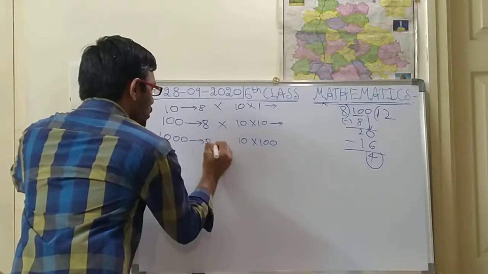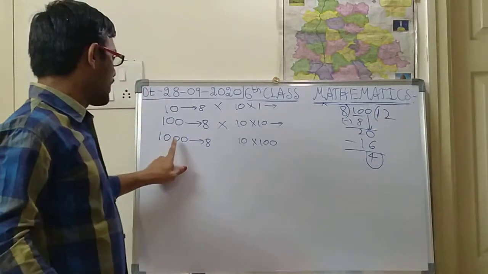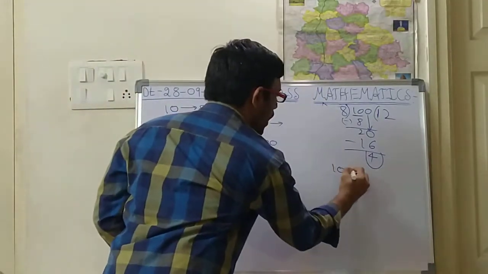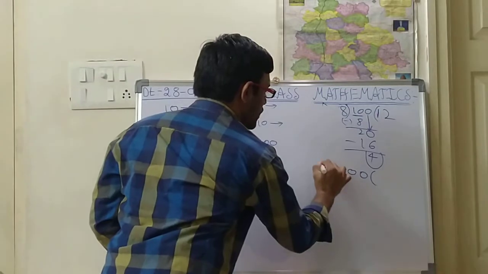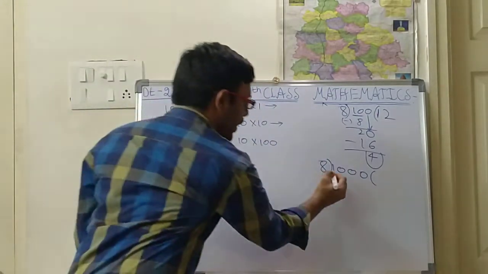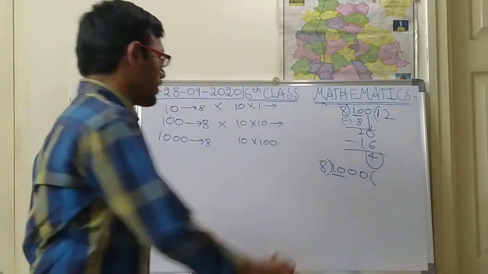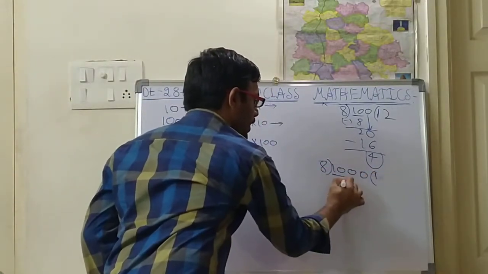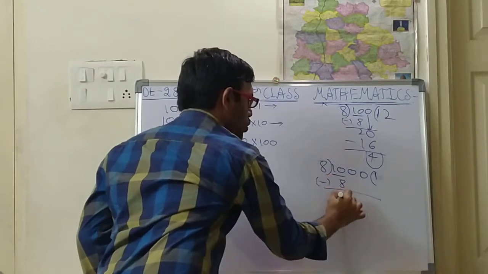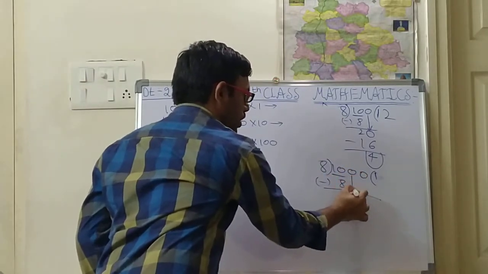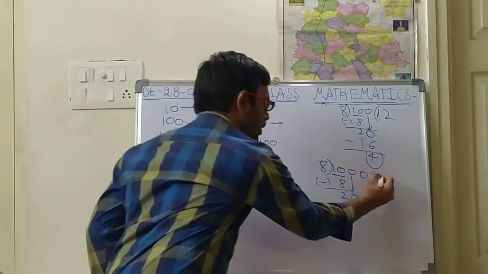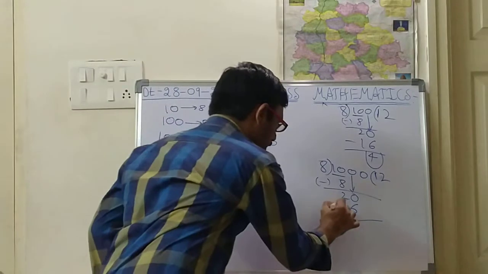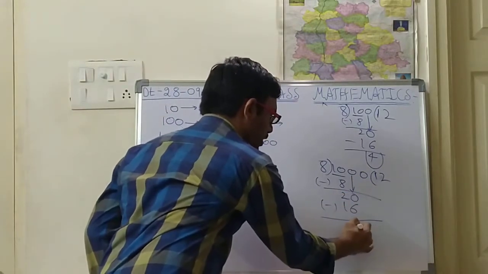Now we have to check whether 1000 is divisible by 8 or not. So we do the general division, same as before, dividing by 8. Again, as usual, take 2 digits. 8 ones are 8. 10 minus 8 is 2. Next, bring 0 down: 20. 8 2s are 16. I hope you are understanding. Next, 20 minus 16 is 4.